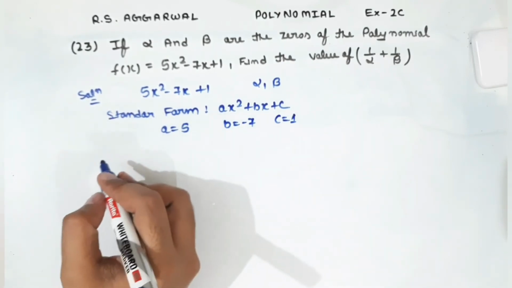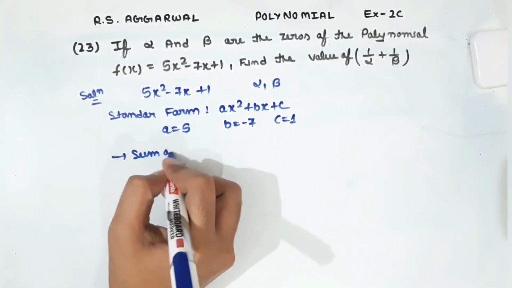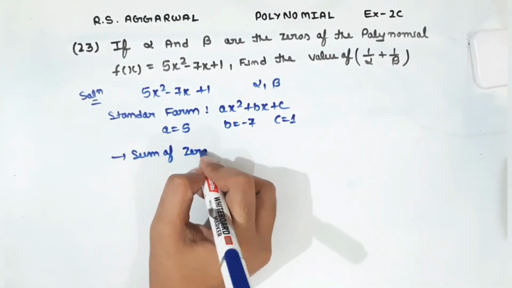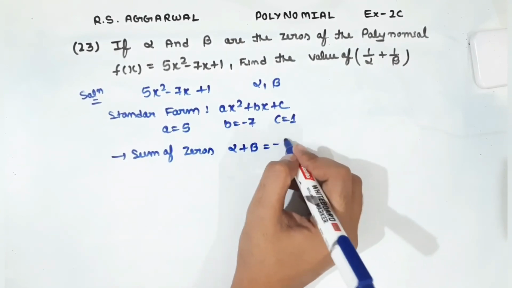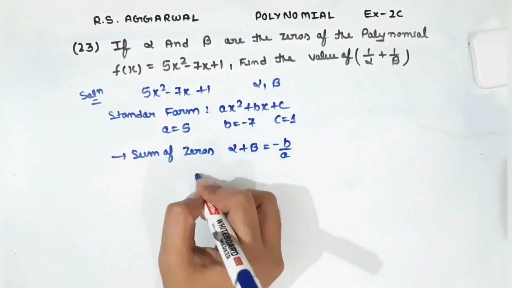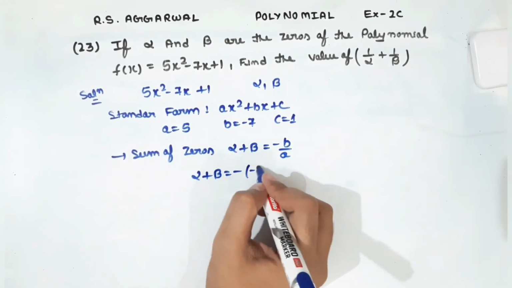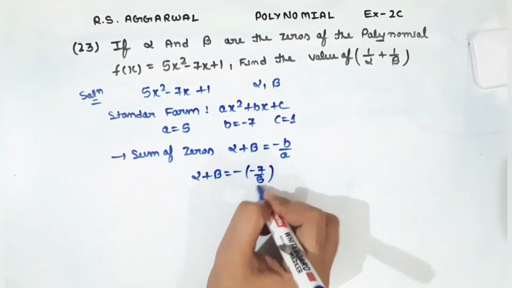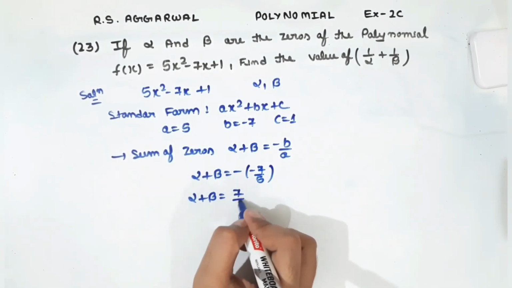So from here the sum of zeros is given by alpha plus beta, that is equals to minus b upon a. So alpha plus beta will be equals to minus of minus 7 upon 5. So alpha plus beta will be equals to 7 upon 5